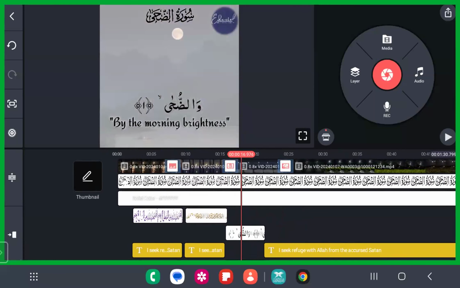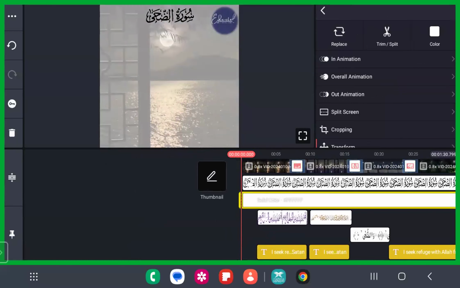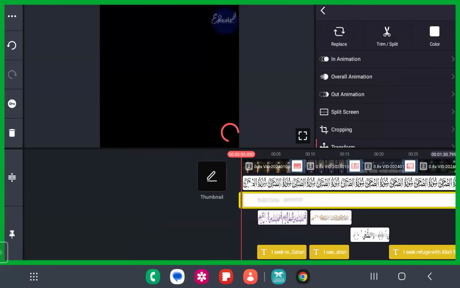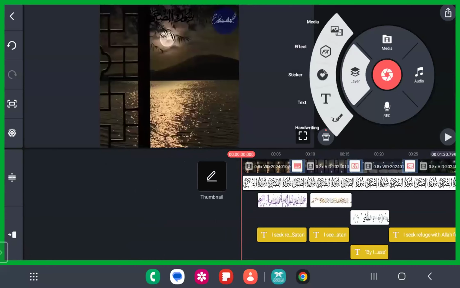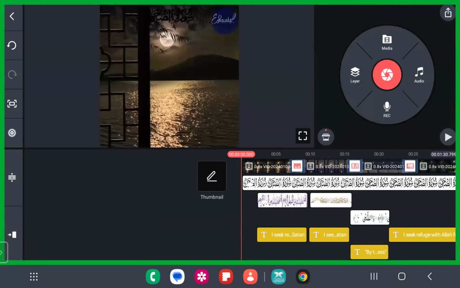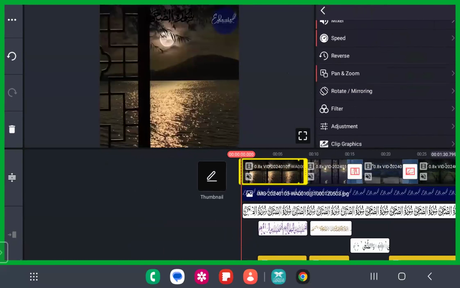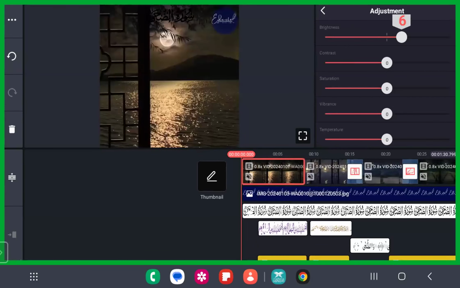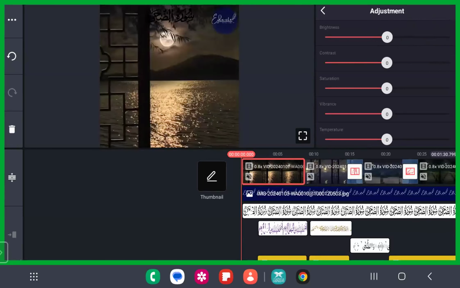Can you go back and tell how you change it to the white background? Okay, I'll tell you how. I'll just delete this. We went to the layer. I wanted to brighten the video that was behind. You can use the brighten option in the adjustment, but I want it throughout the video.